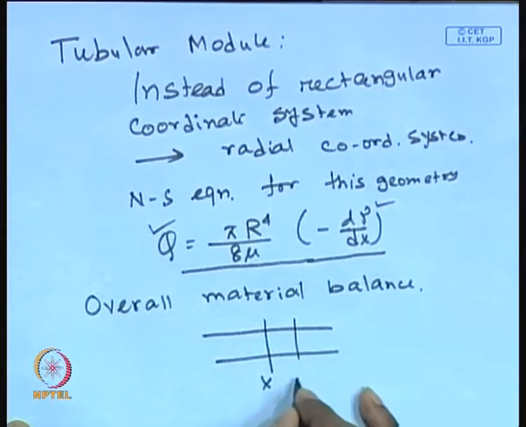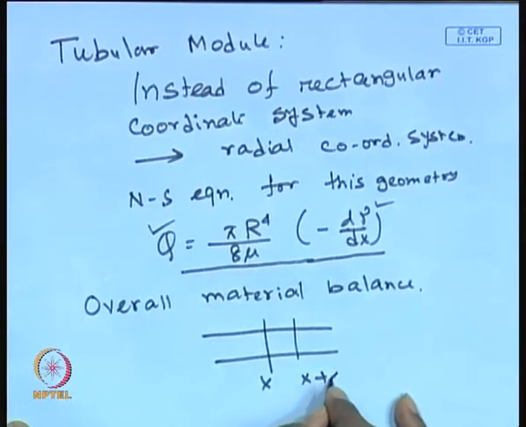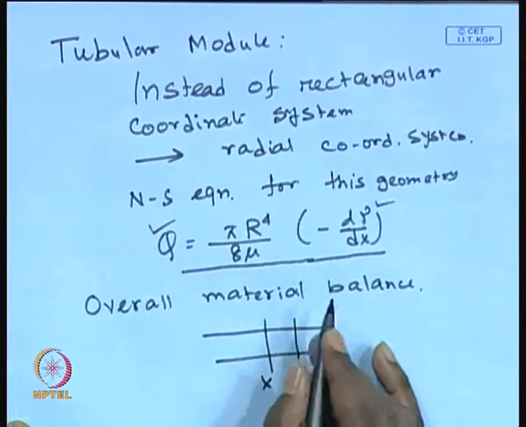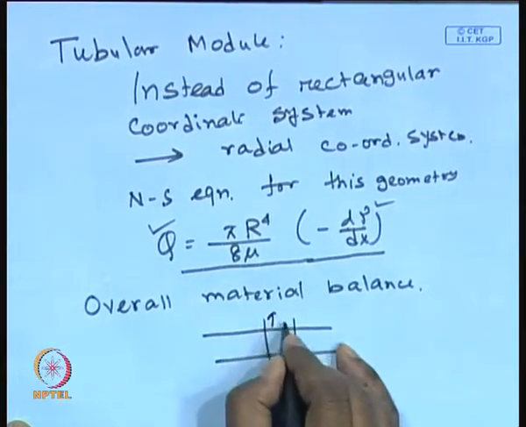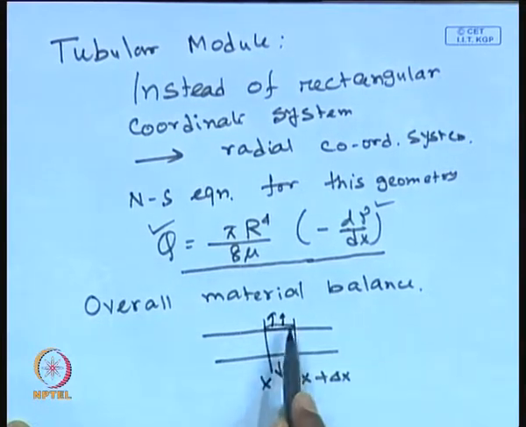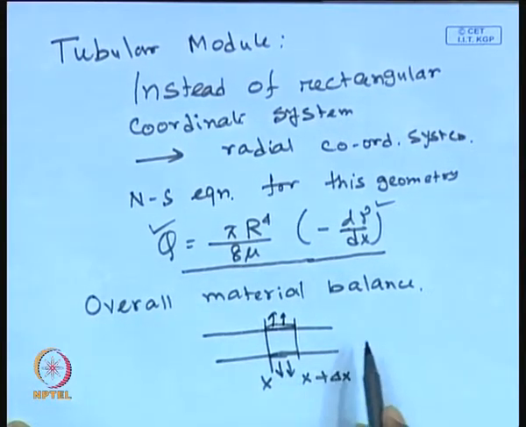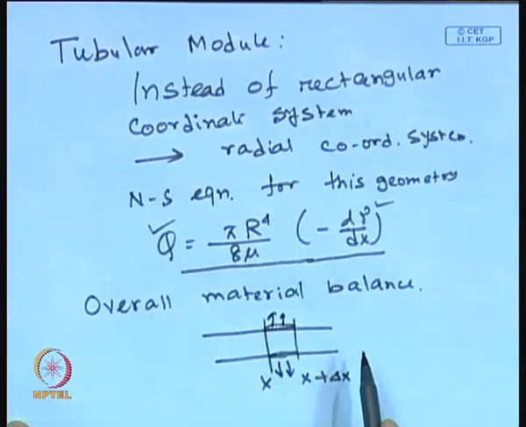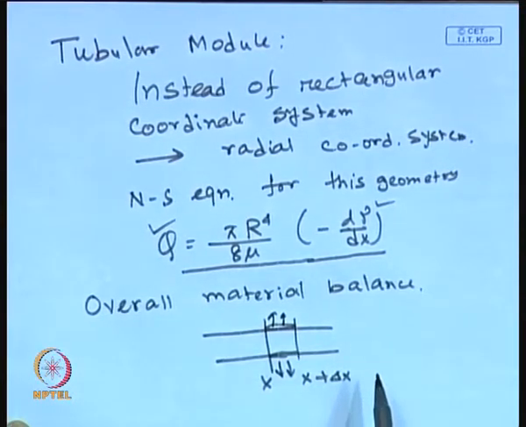This is the location located at x and x plus delta x, and it is coming out. The total area where the permeate will be coming out is nothing but 2 pi r delta x, right, 2 pi r L. So 2 pi r delta x, L is nothing but delta x in this particular case.